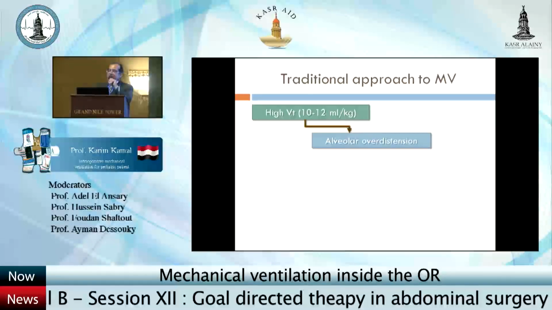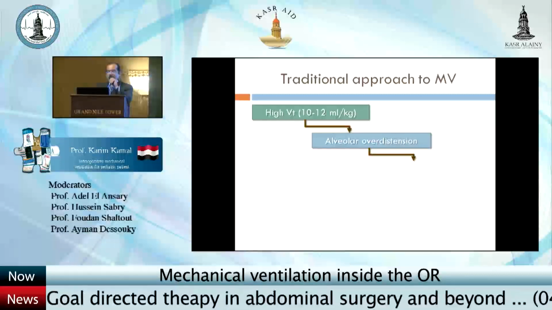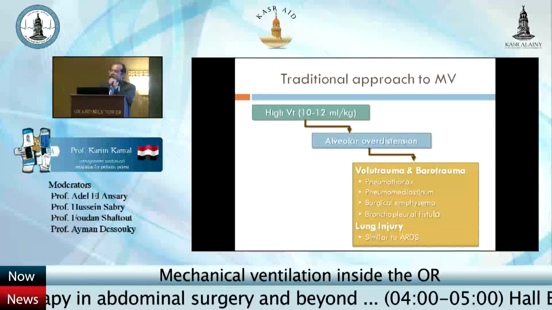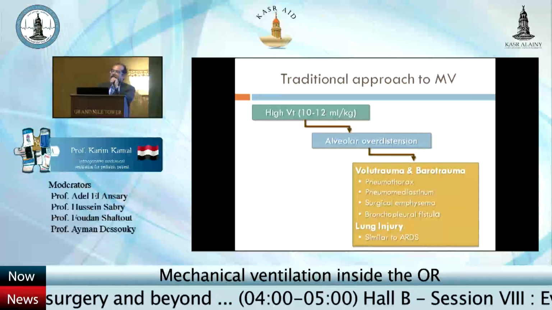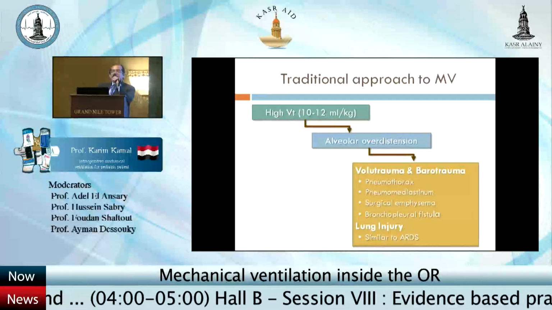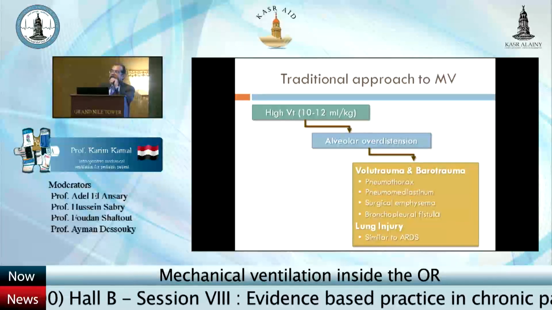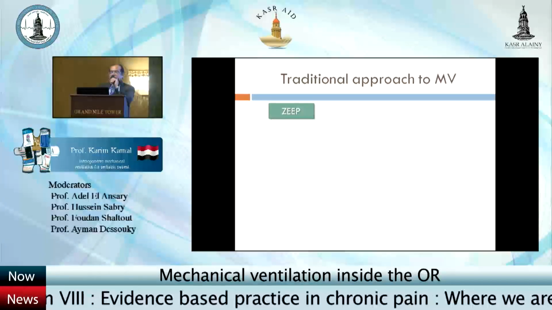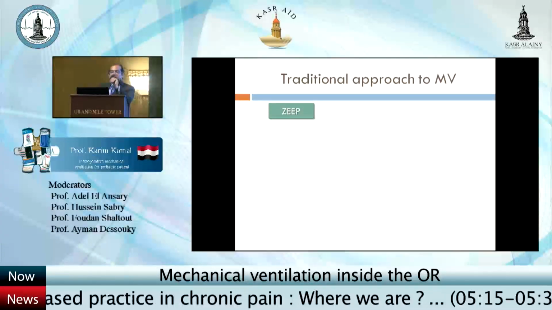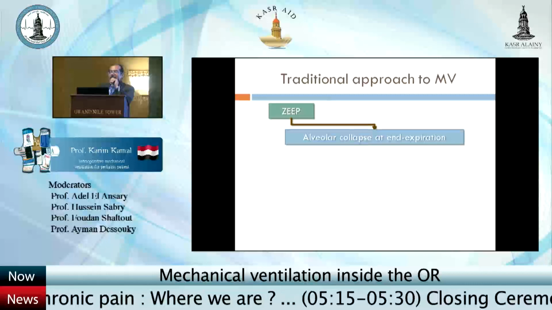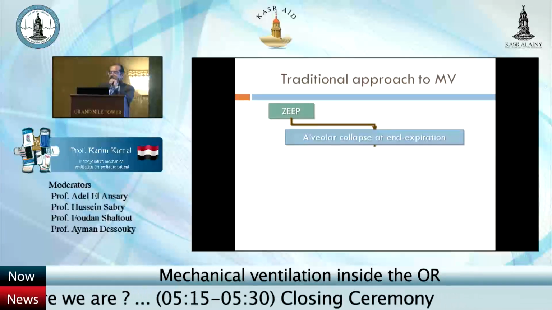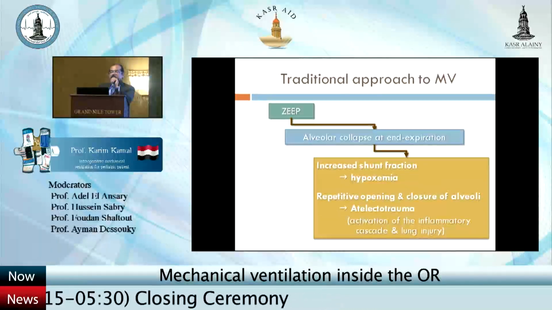That caused alveolar overdistension. This alveolar overdistension caused a lot of trauma to the lung, volutrauma and barotrauma, and lung injury very similar in morphology to the lung injury caused by ARDS itself. And also there was the use of zero end expiratory pressure. This led to the problem of alveolar collapse at the end of expiration, which led to more increase in shunt